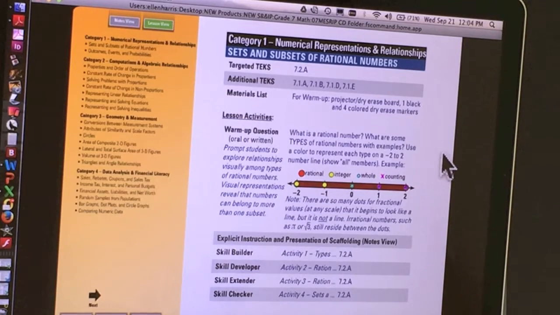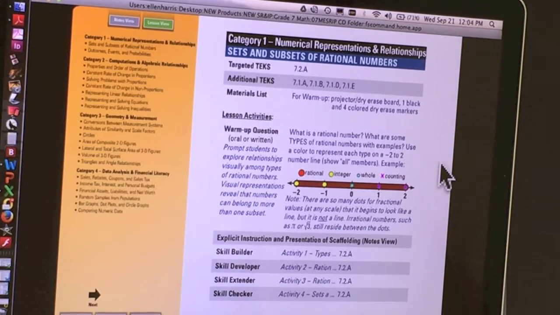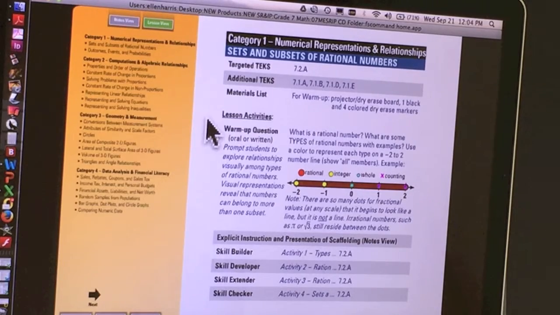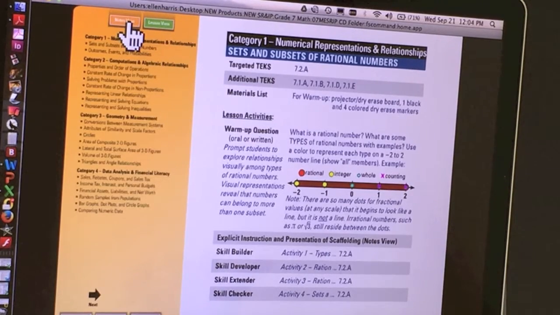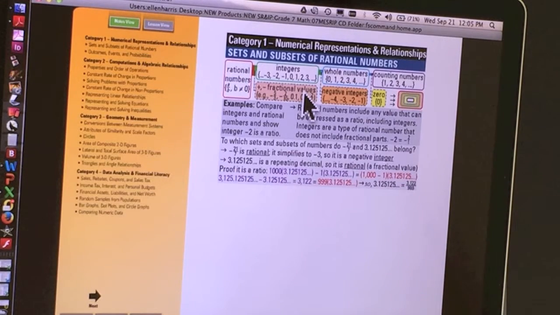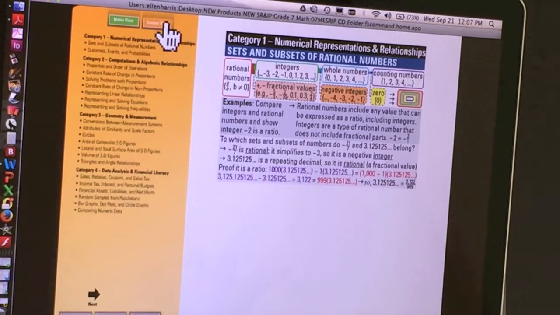After you use the warm-up question and the prompt with your students in a whole group type setting, there is a reminder here that it's time to go do explicit instruction involving the presentation of the scaffolding. Again, this scaffolding is the same notes that the students have access to. And when you're not available to answer their questions, these notes will be available to them. So it's important to stop and take a moment and present the information and the content that is in the notes. So going back to the lesson view,